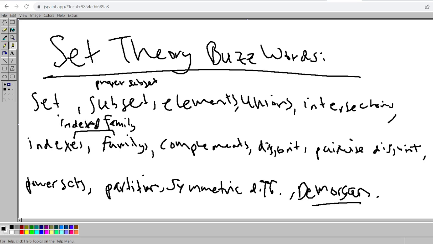Those cover and encompass a lot of introductory set theory. We have our sets, we have our subsets, we have the elements within the sets, we have our unions and intersections of sets, we have our indexes that we use for the indexed family of sets, we have complements of our sets if we have our universal set, we have disjoints and pairwise disjoints, and specifically pairwise disjoint union. And we have our power sets. We have partitions made with our indexed family of sets. We have our symmetric differences between sets. And we have beautiful old De Morgan's laws,